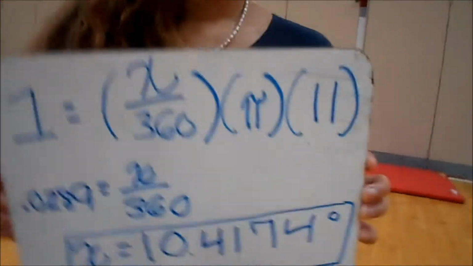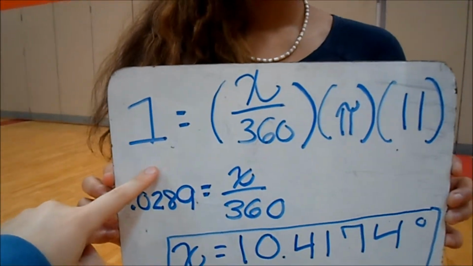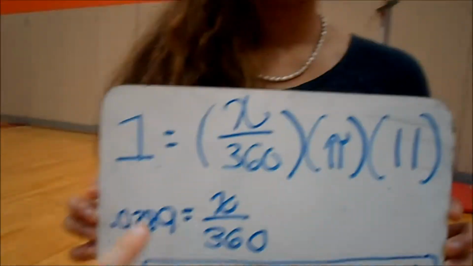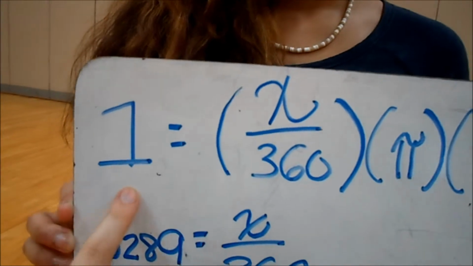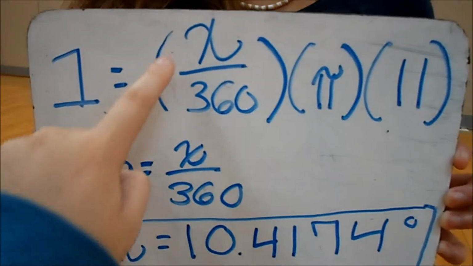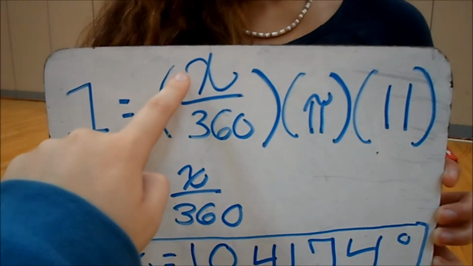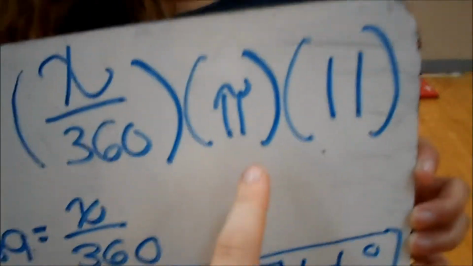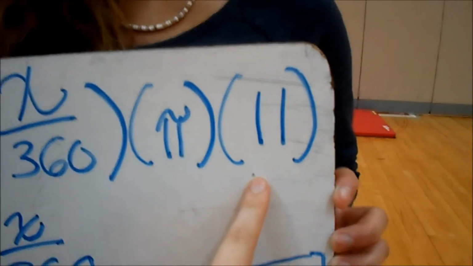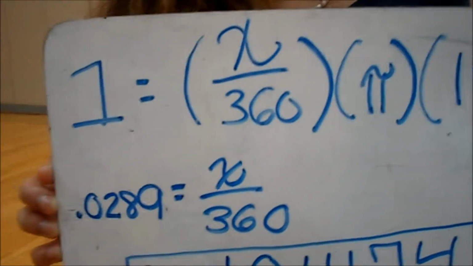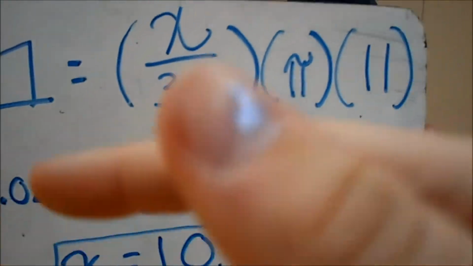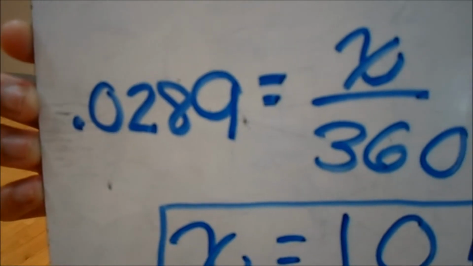Okay. So we have 1 foot apart, which is the length of the arc that her feet are making. 1 foot equals x over 360, where x is the angle measure, or arc measure, same thing, times pi times the diameter of 11. So we multiply pi by 11 and divide 1 by pi times 11,